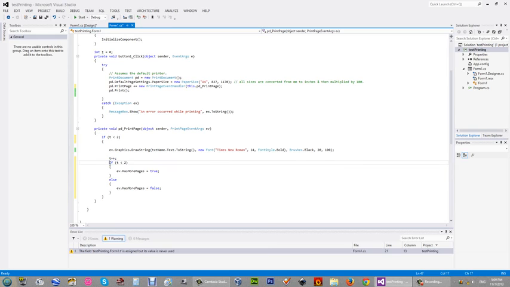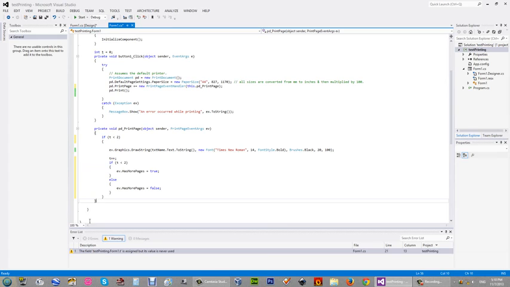Then again it will check whether t is less than 2. Now t is incremented by 1, so the value of t is 1. So yes, this condition is also true, because 1 is less than 2, so it will go here and set this has more pages property to true.